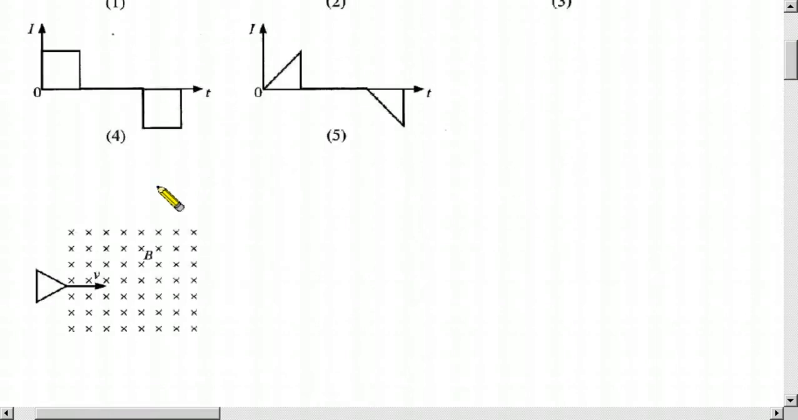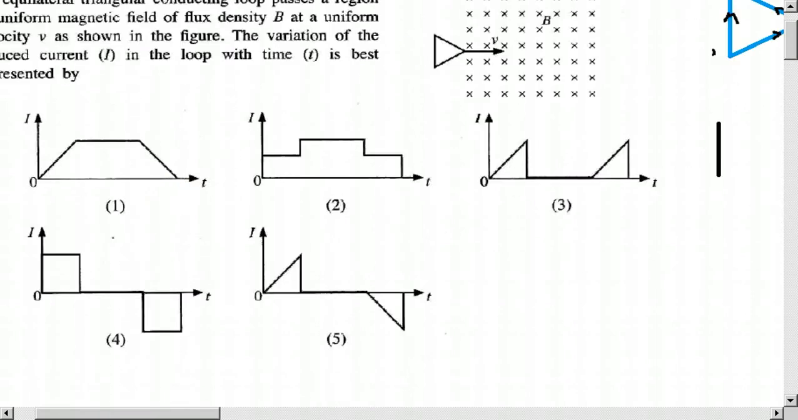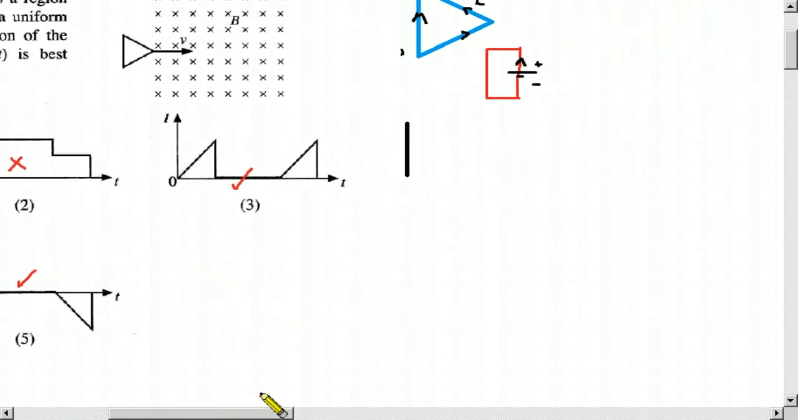In that region, the induced current is 0. So we can easily select that the center part of the graph should be 0. So this one is correct, this one is wrong, this one is wrong. This one is 0 at the center, so that is correct. So only these two are correct, and then we have to choose from these two. Then the other thing you should know is